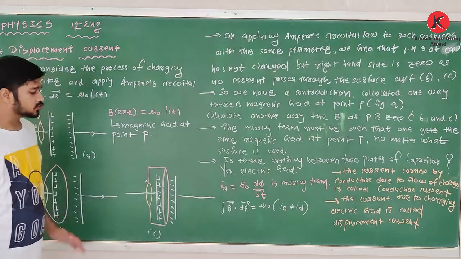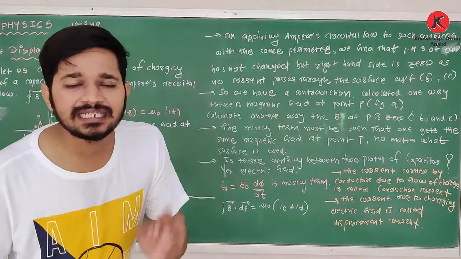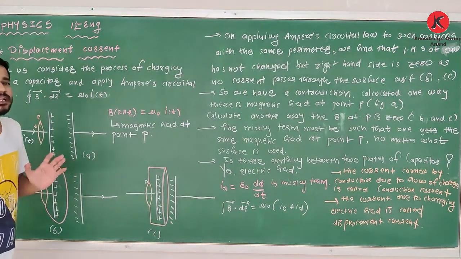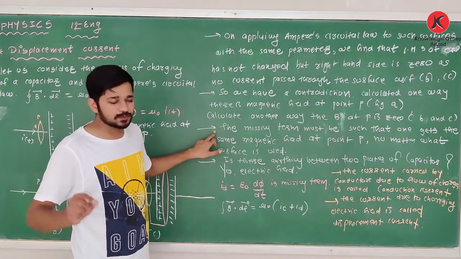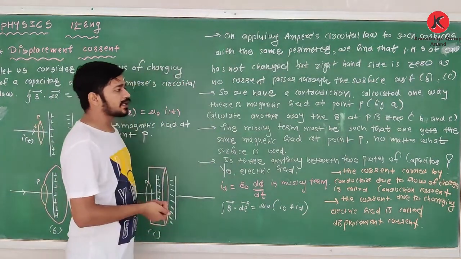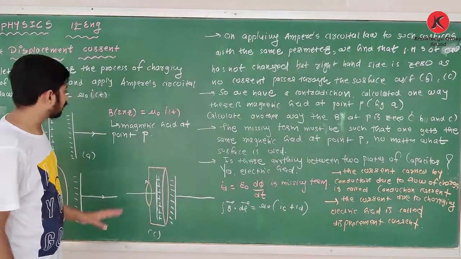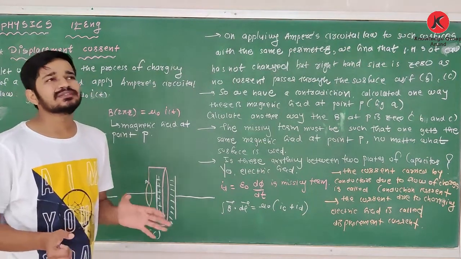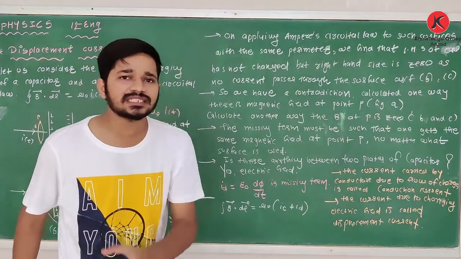So in this Ampere circuit law, there is something missing, and that missing term was named displacement current by Maxwell. And the missing term must be such that one gets the same magnetic field at point P, whatever surface we use. We can say it is one general equation: if we put in any values, we will get the same result.